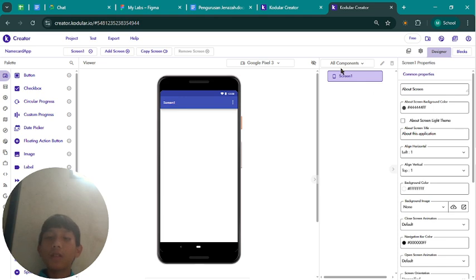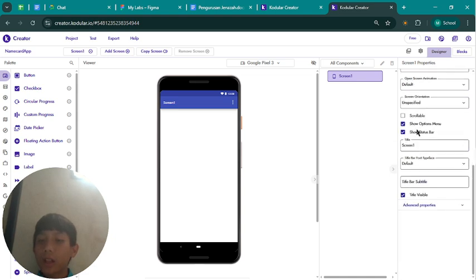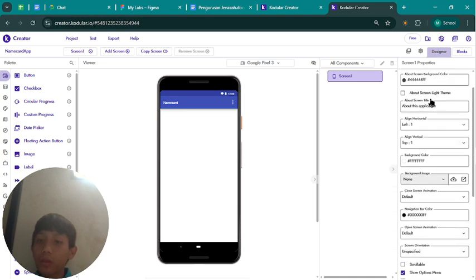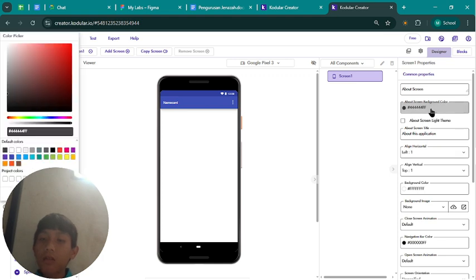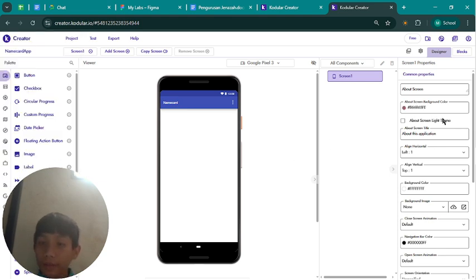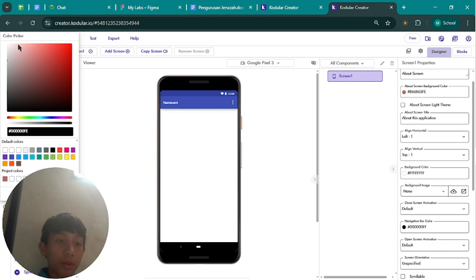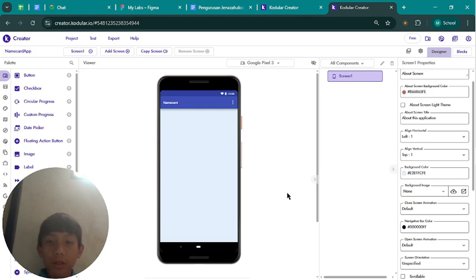Okay, and in this screen, you click the screen, you can change the color, change the title in here to name card, and then you can also change the background color. Maybe use this.